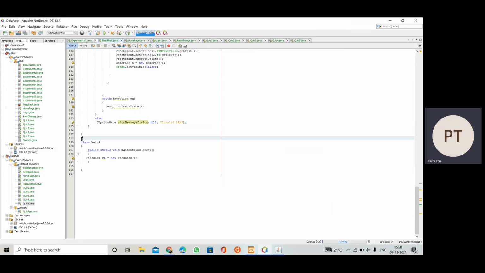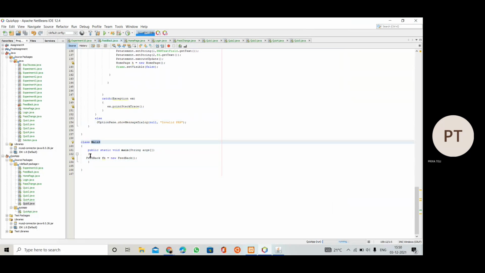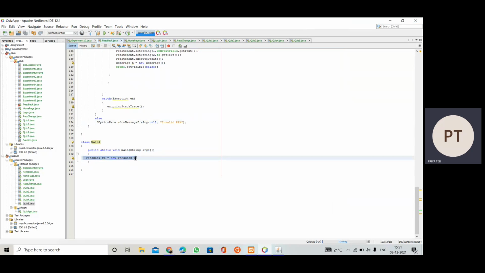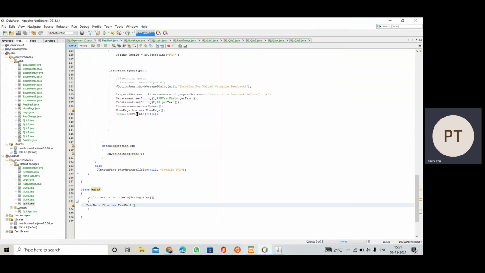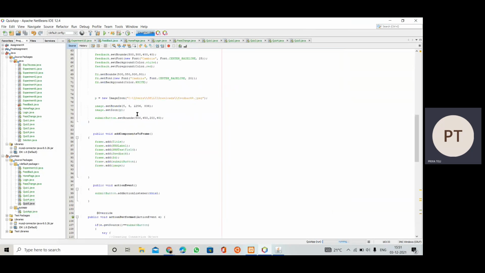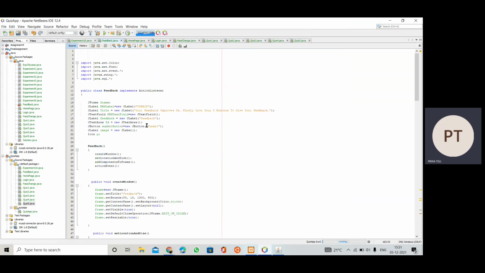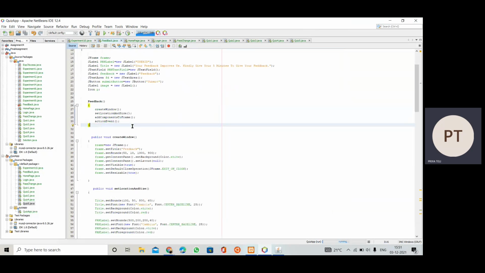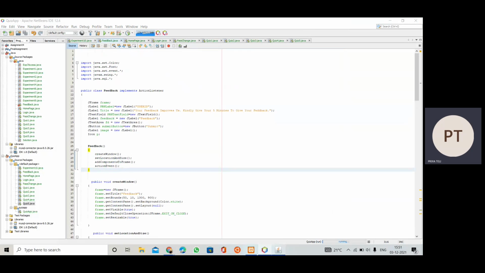Then we have the class Main, which consists of the main method. Instead, we can have this main method inside the same class above, but I have taken it in another class, which is Main9. Inside this main method, I have created the object of the Feedback class, so that the constructor will be called, and from here all these four methods are called and the program runs. So the output we see is in this way.